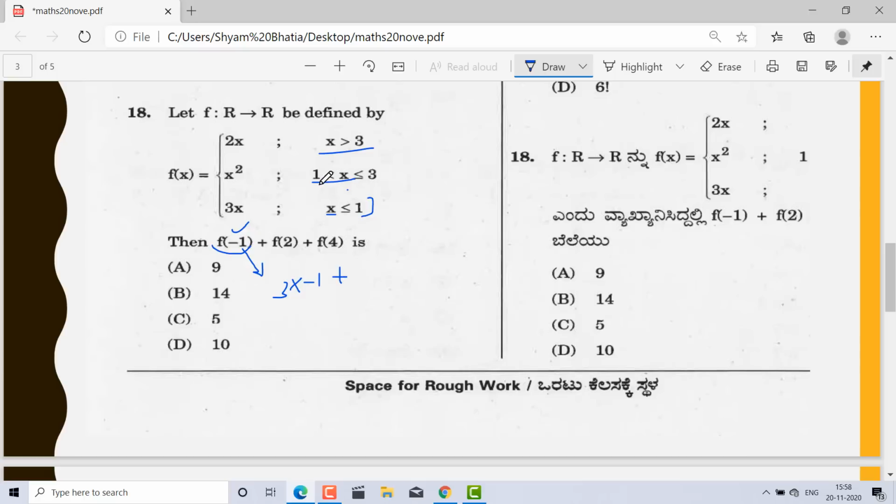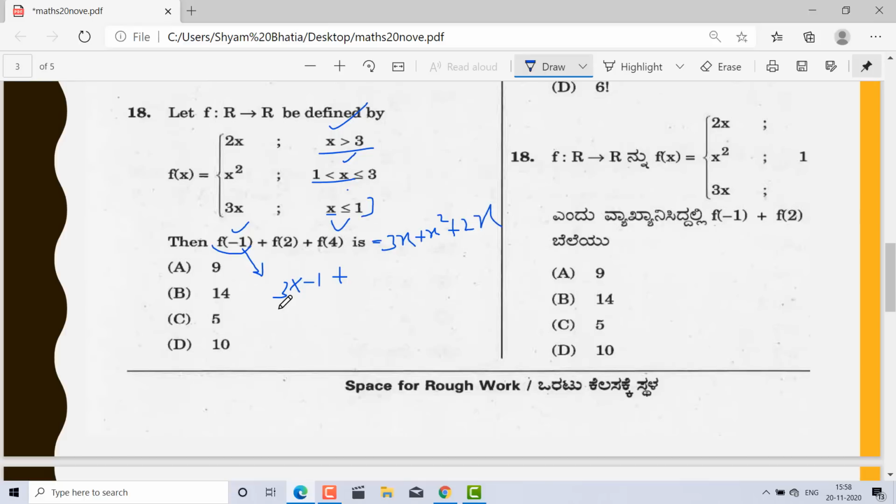The value of x must be greater than 1 and less than 3. So 2 is falling here. So nothing but I will write here x square. So you can also write it like that, because of confusion. So I am making the 3x function here, and for less than 3 and greater than 1, that is x square. And for this range, the value of x must be greater than 3. So I want to find out the value of f(4). So in this range I have 2x.